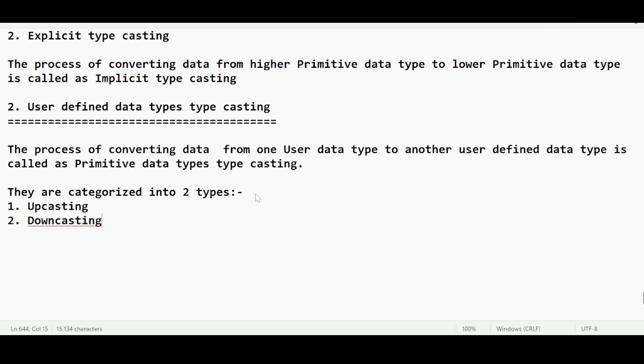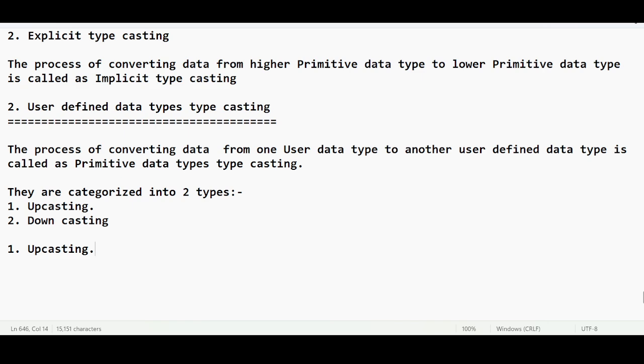So what is this you are saying? You are giving a lot of theory. Why are you giving a lot of theory before even getting into the program? We need a practical explanation. That could be your question. Trust me, we are going to see these things practically, but let me complete the theory first. Right? So upcasting and downcasting. Let us start discussing about this upcasting.